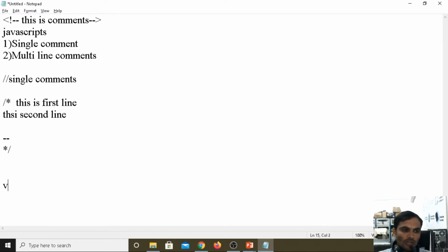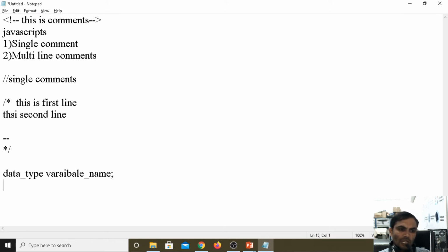In C programming, predefined data types like integer and float come first, then the variable name. According to C programming, the syntax is data type and then the variable name.